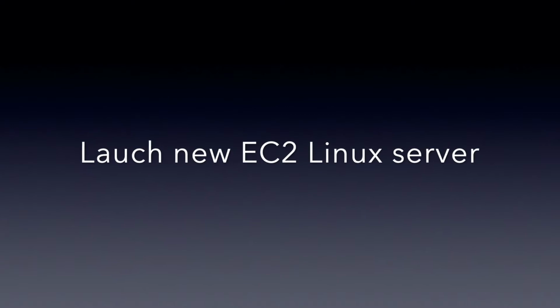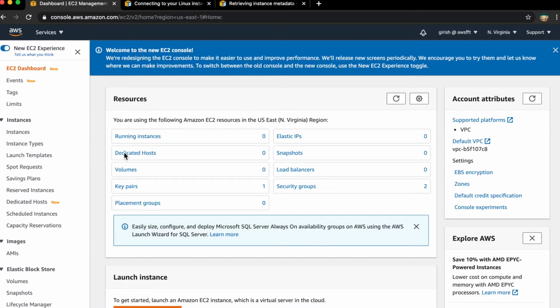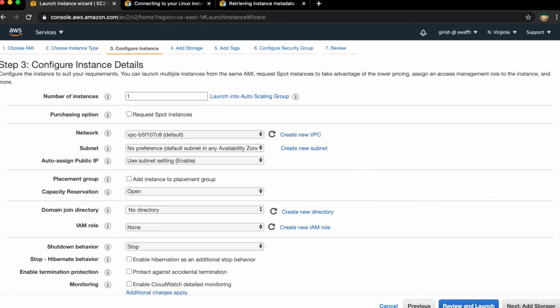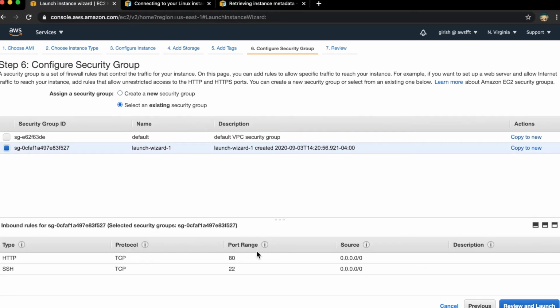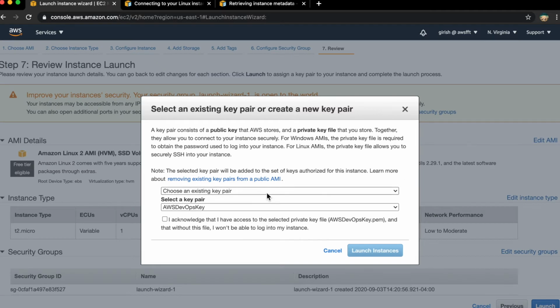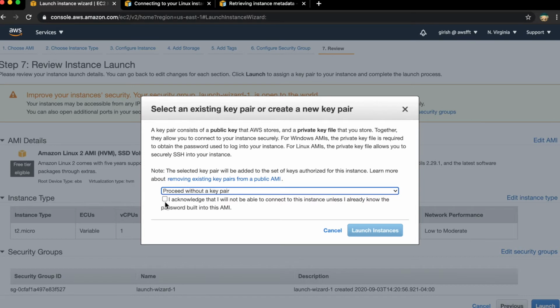With this, let's begin. Now log into your AWS Management Console, go to the EC2 service. We are going to launch a new EC2 server. I will move quickly with this step as we have covered how to launch an EC2 server in more detail earlier, and you can refer to that video if you want. Here I want you to pay some attention. We are launching without a key pair, and you will see why we did so.